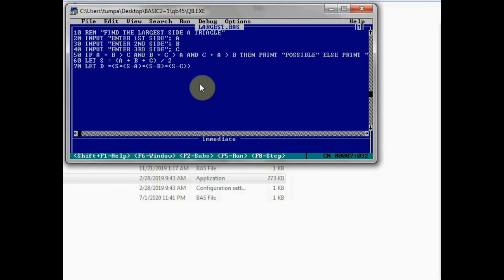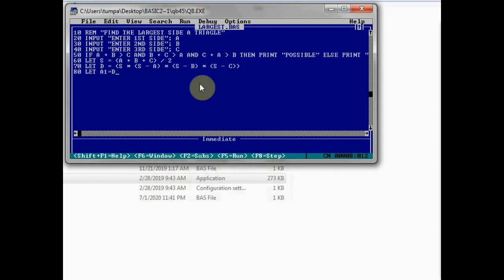Now we are putting the value in a1. The final result of the area will be stored in a1. Now we are getting the value of root over d. We are calculating this root over d as d to the power half, that means 0.5. This sign is the power sign in BASIC.